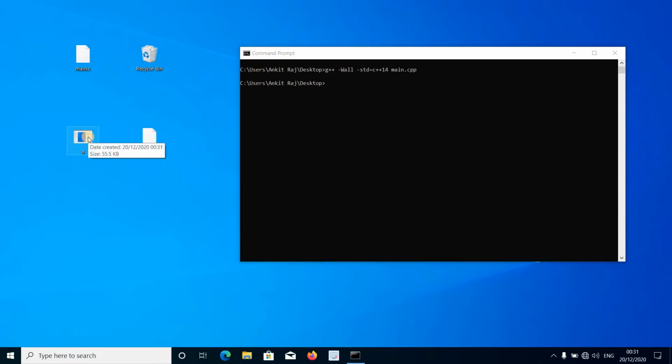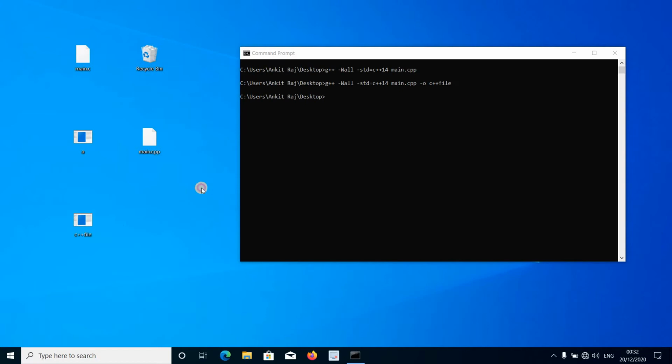Now again we will learn how to get a file with a desired name instead of a. To do this, we will add the same option that we added when compiling the C file. I'm just copying the above command. Press space, dash o, and the desired file name. In my case, I'm going to name it C++file and press enter. See, the compilation has successfully finished and we got a file named C++file.